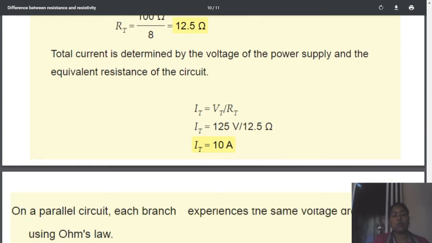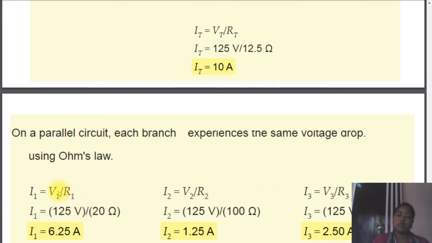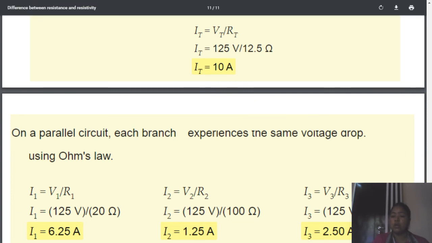When we know the total amount of the current flowing through the circuit, we can calculate the individual current flowing through each of the resistors by the formula I1 equals V upon R1, I2 equals V upon R2, I3 equals V upon R3. We already have the value of V. V is the same, the potential is the same, 125 volt, 125 volt, 125 volt. Through the first resistor we have its value, so we can calculate the current through the first resistor, the second resistor, and the third resistor. When you add these three values of the current, you will again get the value of 10 ampere. That is the verification of the law.